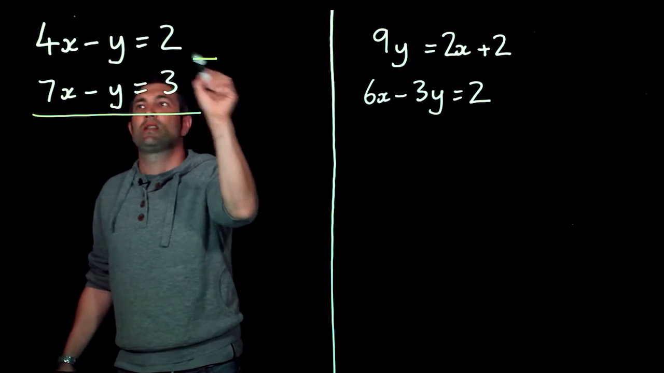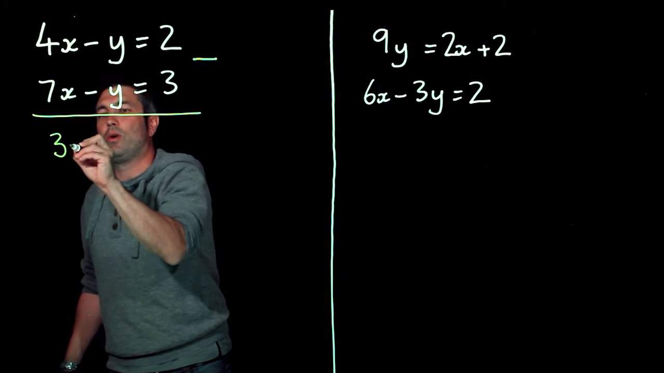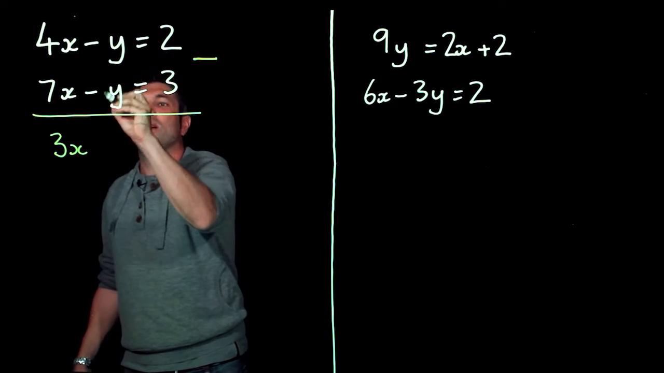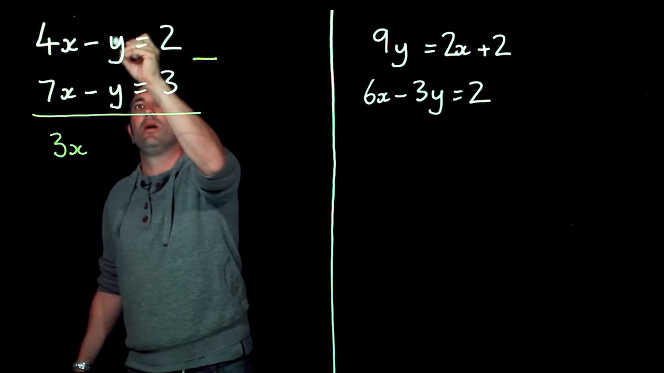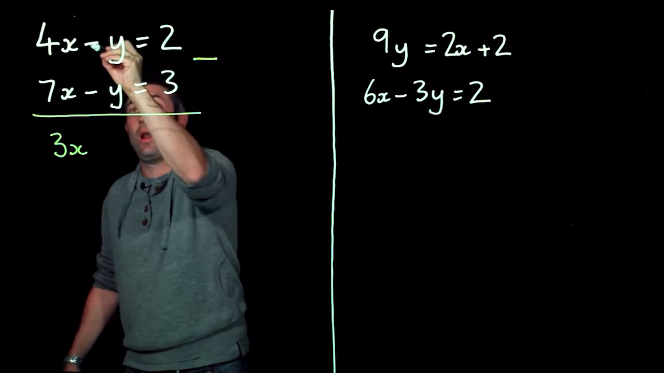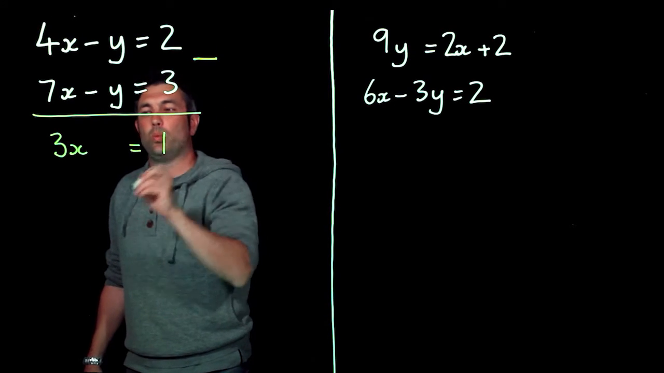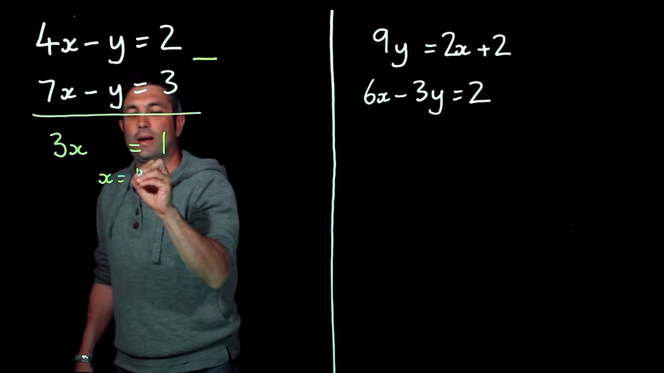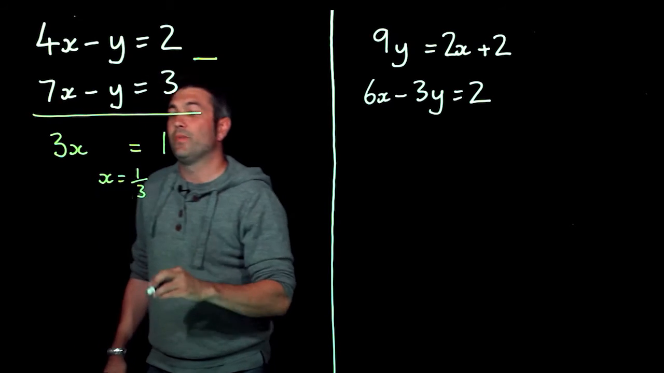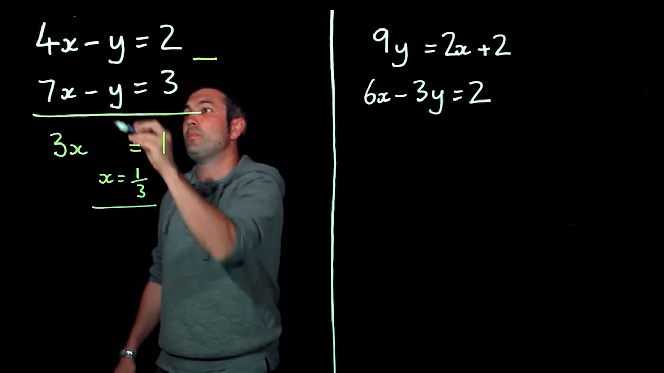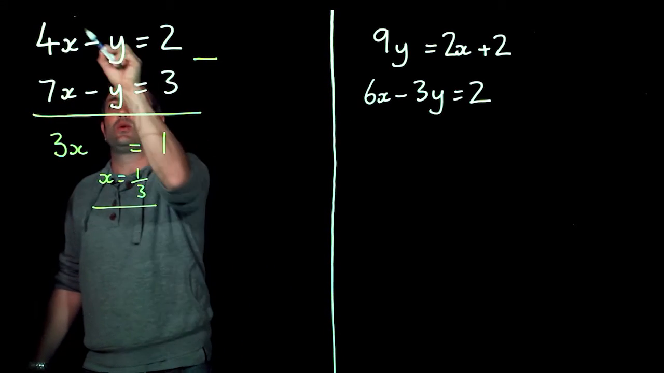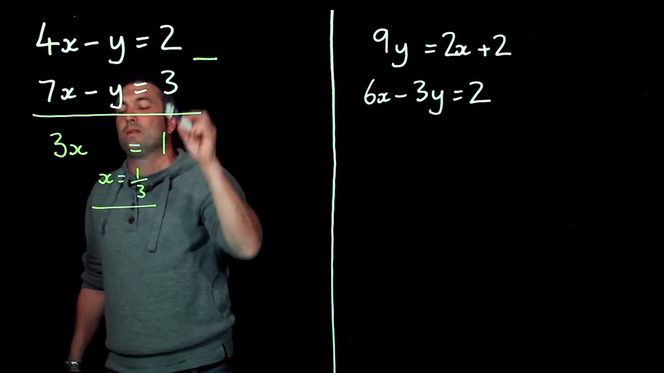So we get 7x take away 4x gives me 3x, minus y take away minus y, okay, so minus y plus y gives me no y's, 3 take away 2 is 1, and so therefore x is a third. Now that's one answer. I'm going to put my x equals a third into this one here, so 4 lots